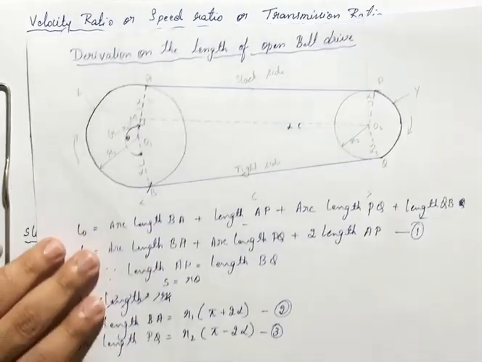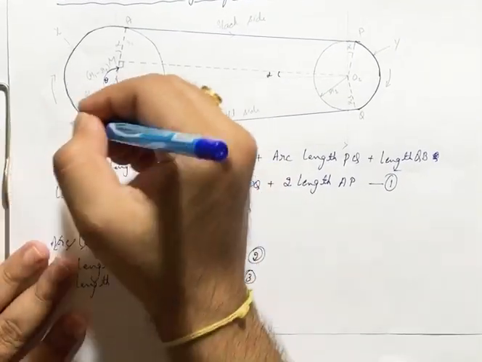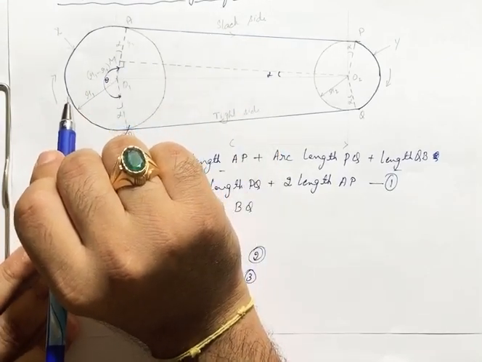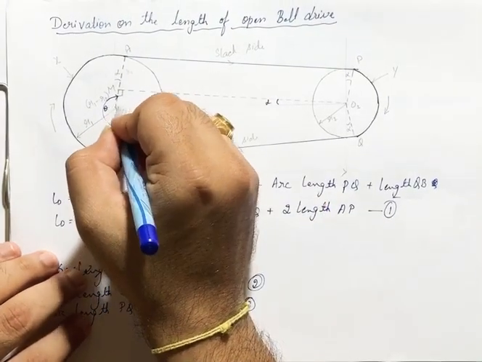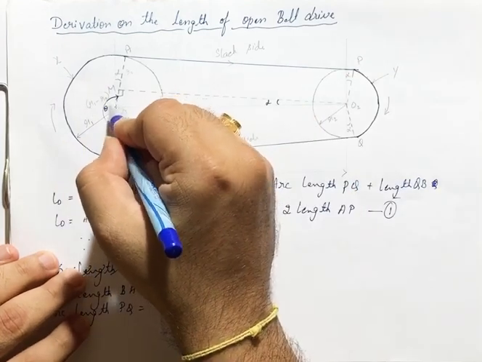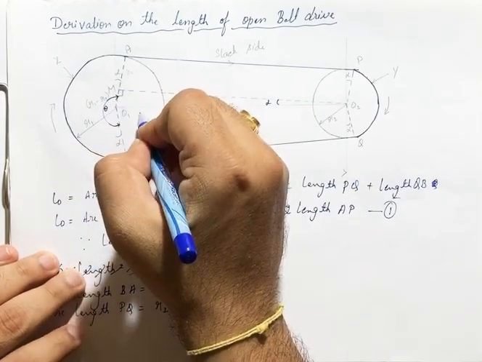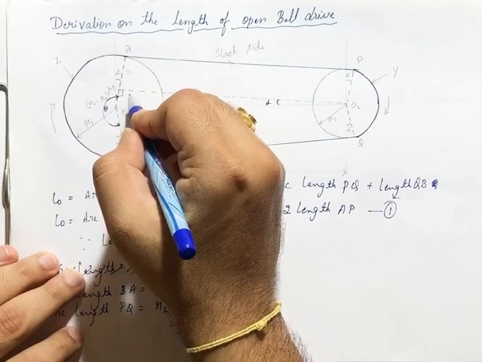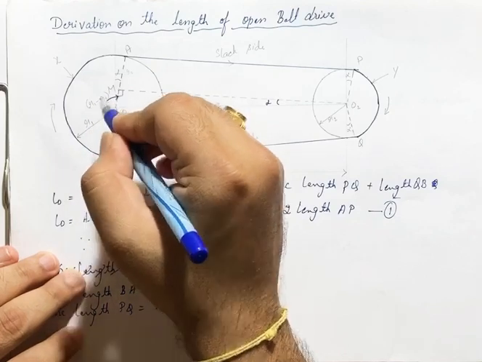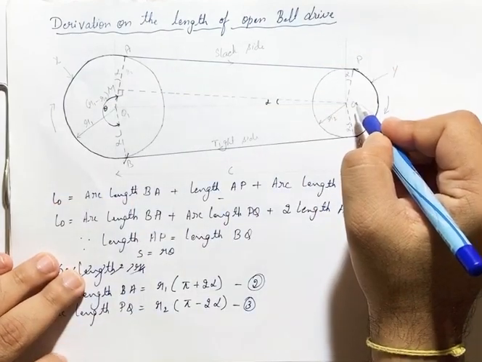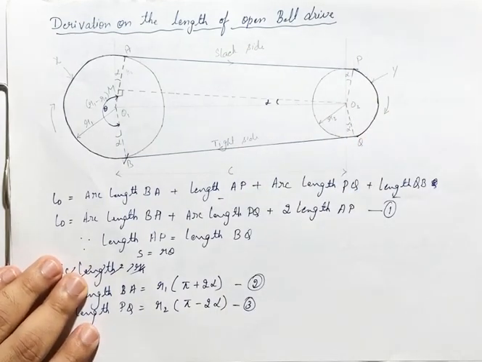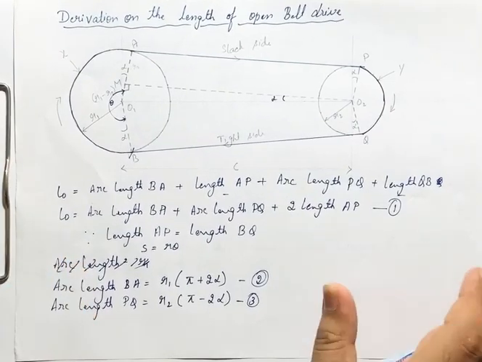In this, this is the driven pulley here, right? That means the one to which the power is transmitted. From this shaft to this shaft, the power needs to be transmitted. So this becomes the driver shaft, and the pulley upon it is called the driver pulley here. And another pulley to which the power needs to be transmitted is called the driven pulley here, or that shaft is called the driven shaft here.